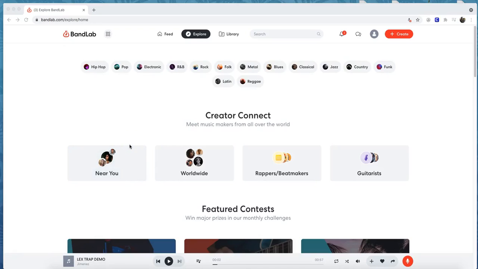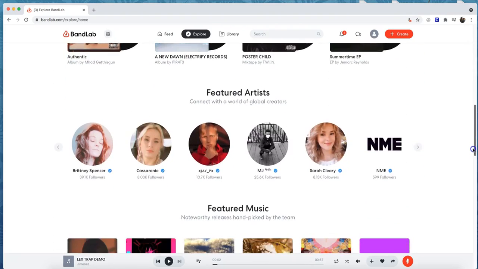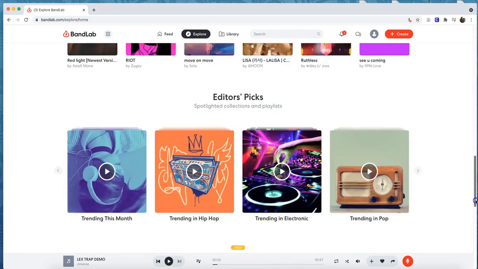All right, students, I'm going to give you a short tutorial on how to use Bandlab for your music projects. Very simple. As you see, if you get to bandlab.com, the way this is set up, it's like a community. Creator Connect, meet music makers from all over the world. It's kind of like set up like a SoundCloud in a way where you could share your music on this